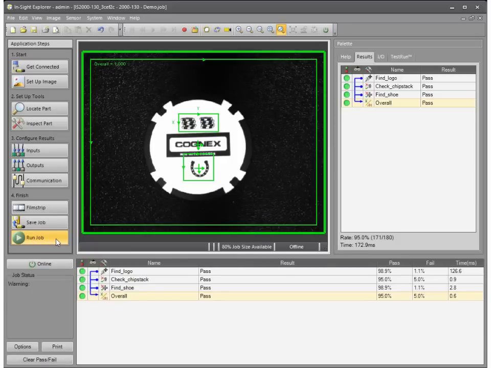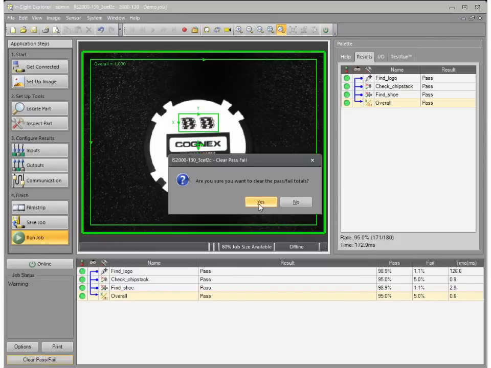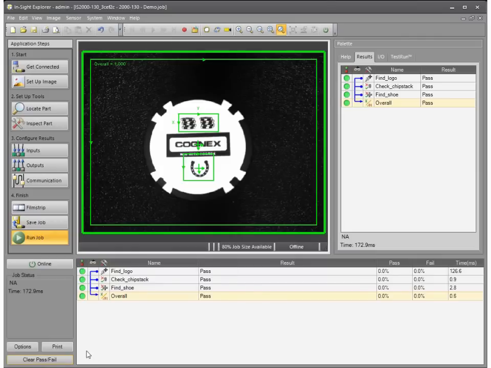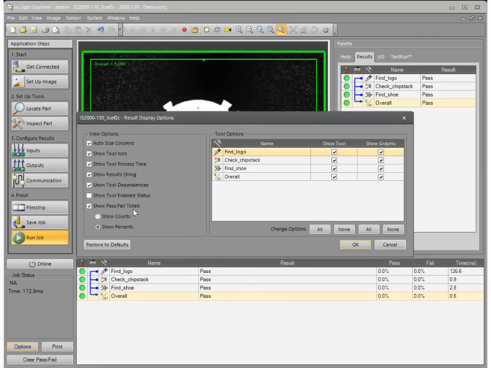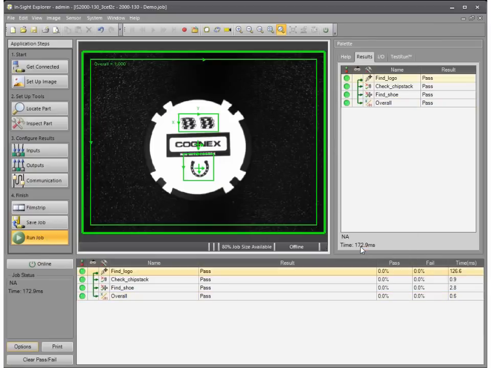In the Run Job step, you have the option to place the system online. Of course, you can always click the online button on the toolbar as well if that's exposed. You can clear the pass-fail totals, so we're starting from scratch here. And you can also configure what information is displayed here in this section at the end. So I'm going to go ahead and put the system online,